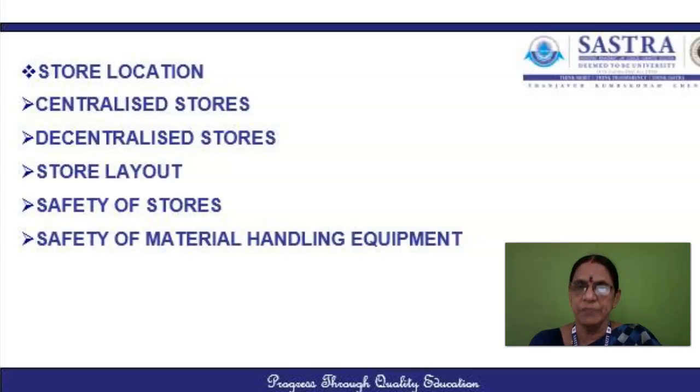Next is efficient service. The location of the stores should result in extending efficient service to the user departments. As a general rule, raw material stores, forgings, castings, etc. should be located near the shops where the initial operations are performed. Finished part stores should be located in proximity to the shipping operations. Jigs and fixtures should be stocked near the materials. Tools and supplies required on a daily basis should be stored near the production shops. So the location of the stores must give efficient service to the production departments.